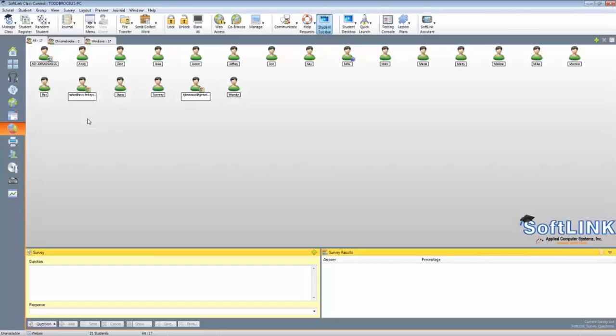So we've gone over the ability to actually view the student's screen, how we can lock their screen so they're unable to do anything with their devices. We've also gone over the show capability. That's the ability to take whatever's on the teacher screen and broadcast it out to all the students. And, of course, how we can lock down the Internet so that they're unable to view websites that you don't want them to. And then just going over the survey capabilities, that direct question and answer,